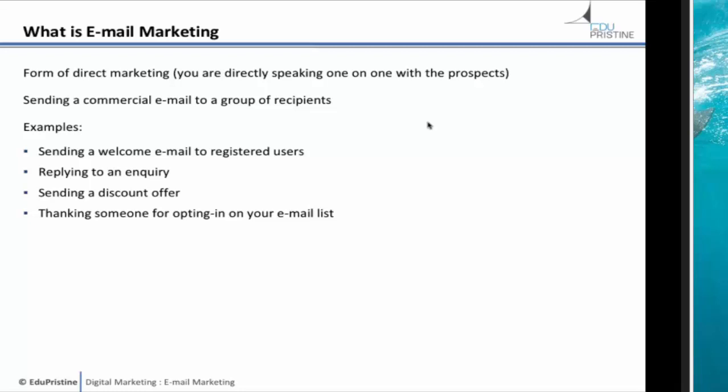Email marketing is more or less a very personalized communication where they might say, hi, so and so, this is for you. That is the way email marketing is done. But again, you will see a lot of emails that are also sent to masses where it is not completely personalized. The reason is that we do not have information about the customers apart from their email address. If you're able to derive the name from the email address, well and good, but otherwise a lot of times we do not know the names.